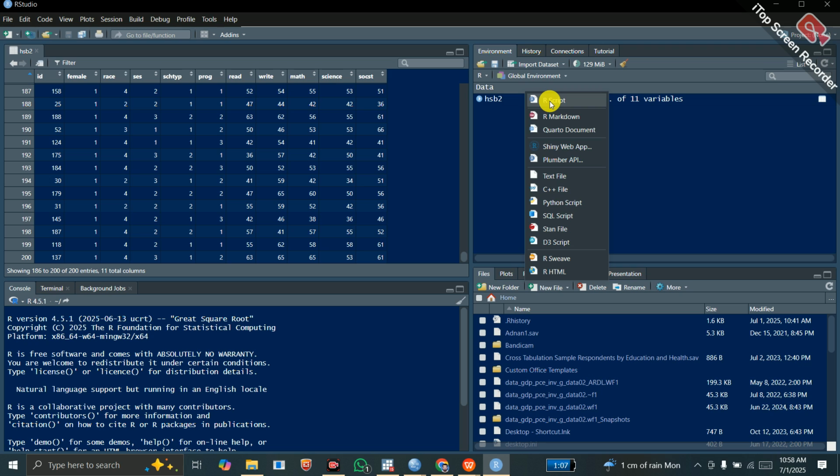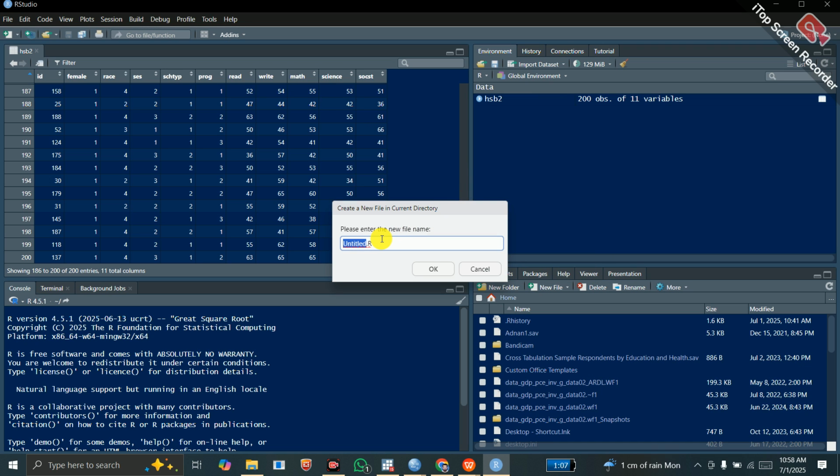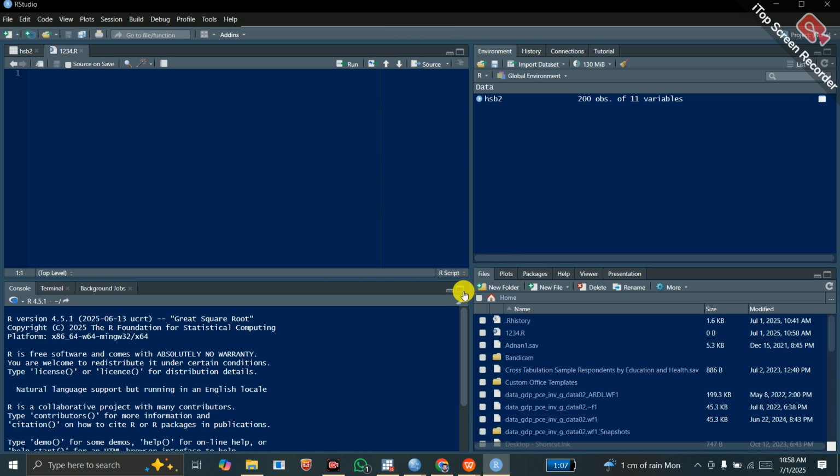So after that I'll write the file name. Let me give it a name 1234. So that I could then, so this file name has been created here, and now let me